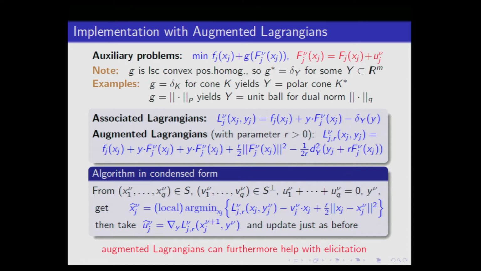And the augmented Lagrangian comes out like this, starting to look like some of the primal dual things we have. This is just for J, for this little subproblem for a single index. I have a Lagrangian that looks like that, and now minus indicator function. And then the corresponding augmented Lagrangian with a parameter R, you get that by the general formula. There's a whole theory of just how you would get that. And what it comes out to, it looks like this.